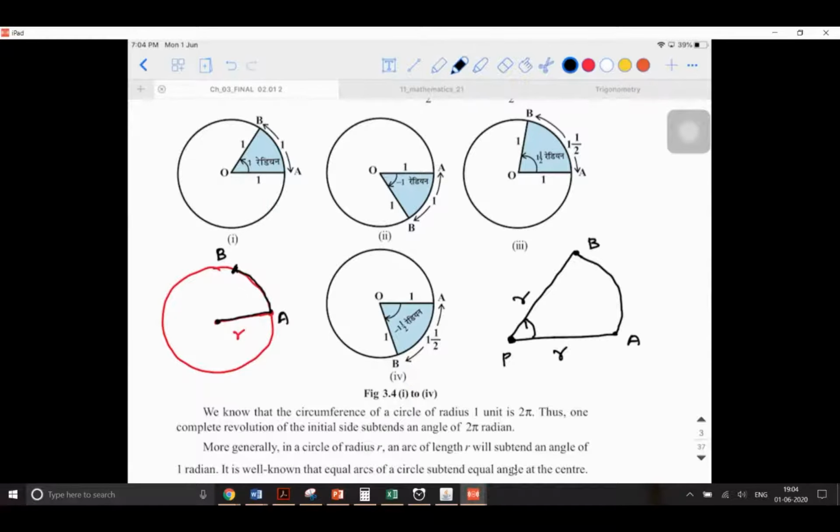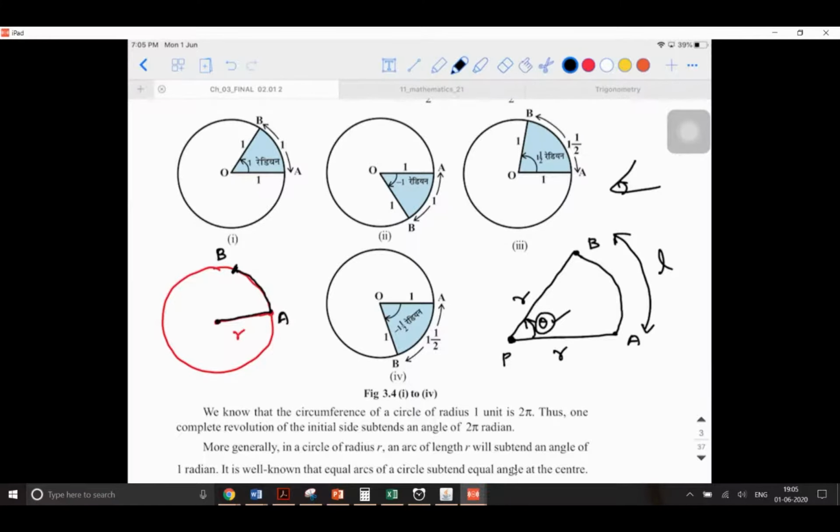Now, if I'm able to measure the angle between both, going forward, remember, an angle should not be written like this. Don't put this and leave. You should mention the direction also. If I take this anti-clockwise direction, then I should be able to find the value of this theta if I know the length of this arc. If I'm able to measure the length of this particular arc and divide it by the radius of the circle, then I get the angle theta here in terms of radians.